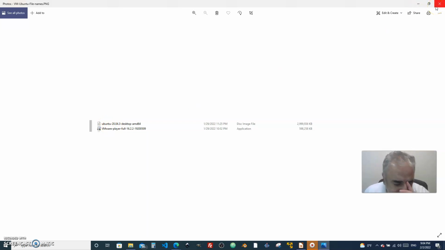Now what's gonna happen, you can install first the VMware player by double clicking on it, and it's gonna take you step by step to install it. Once you install the VMware player, that's gonna be the hypervisor, and then it's gonna allow you to install Ubuntu as an operating system on a Windows 10 machine, and it's gonna let you allocate the resources. So it's very easy. It's self-explanatory. You don't have a lot of options to fill out. The system will automate it for you. You get a couple of screens, and